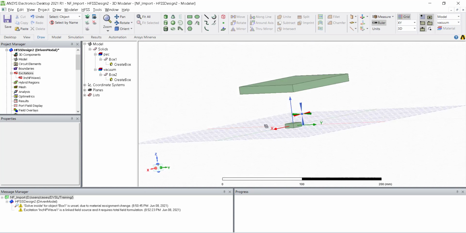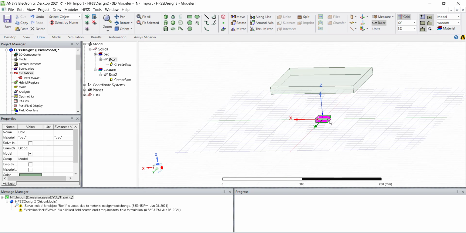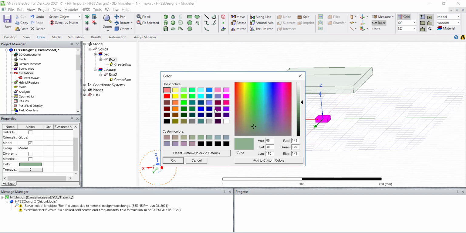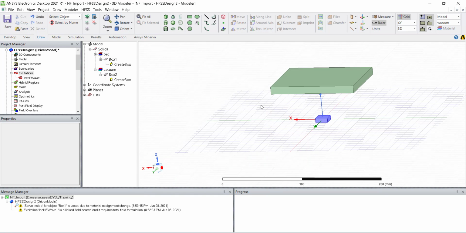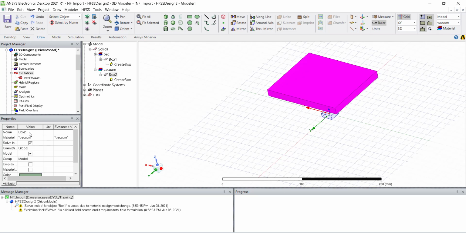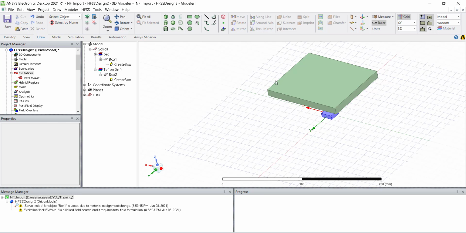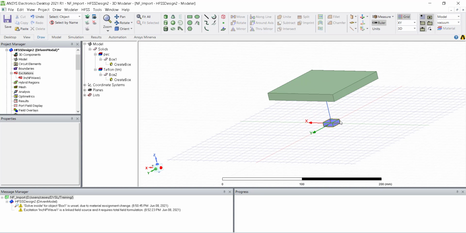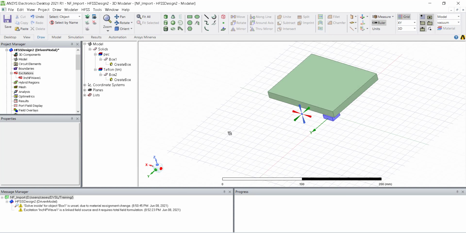Okay, so this is my design. For simplicity, I'm going to change the color of this, and for this property I will say the material is Teflon. And now this is our antenna field, and this is our flat dome, you can assume.